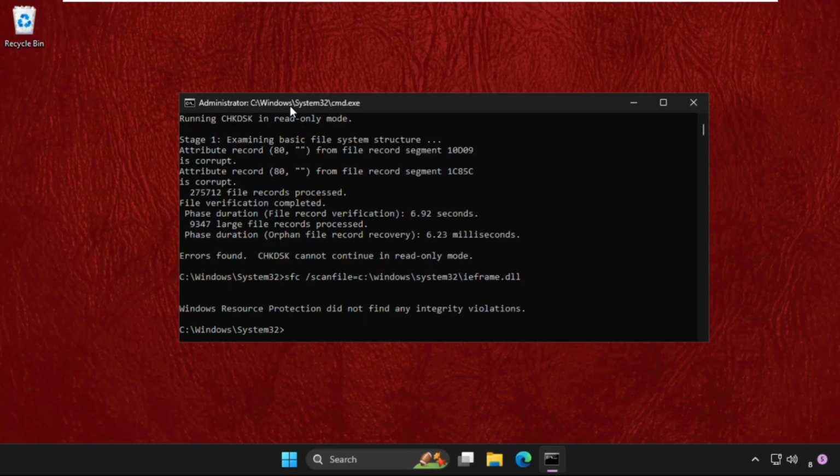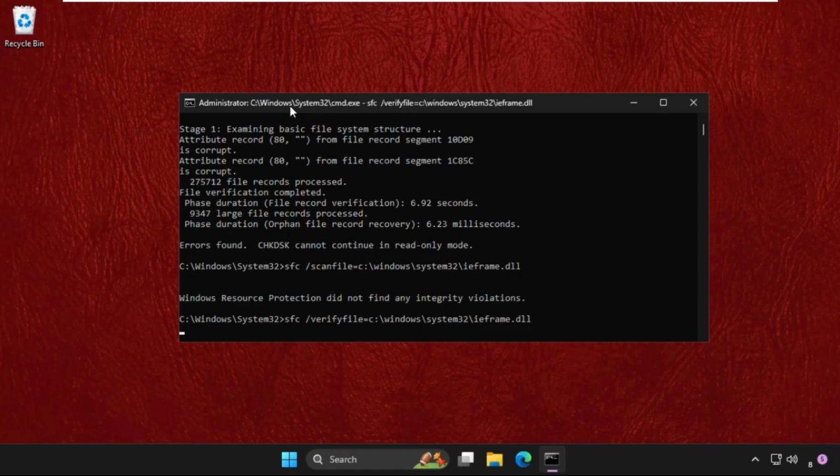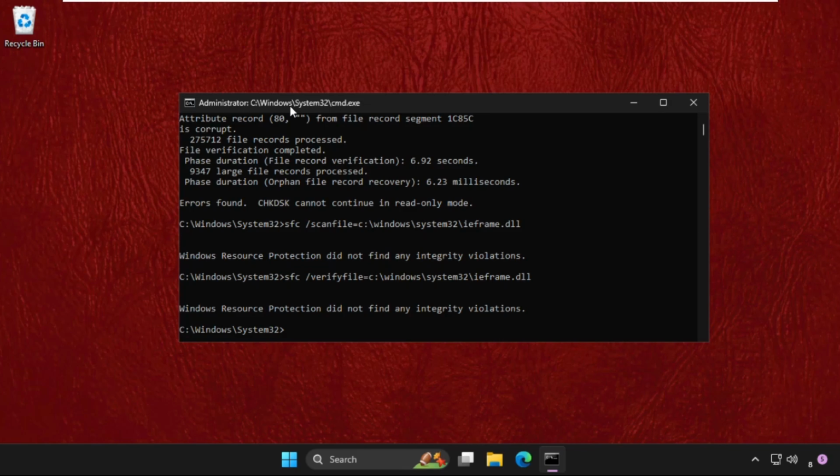And then we need to type the next command, that will be sfc space slash verifyfile equal to c colon backslash windows backslash system32 backslash ieframe.dll and hit enter. Now we need to type in